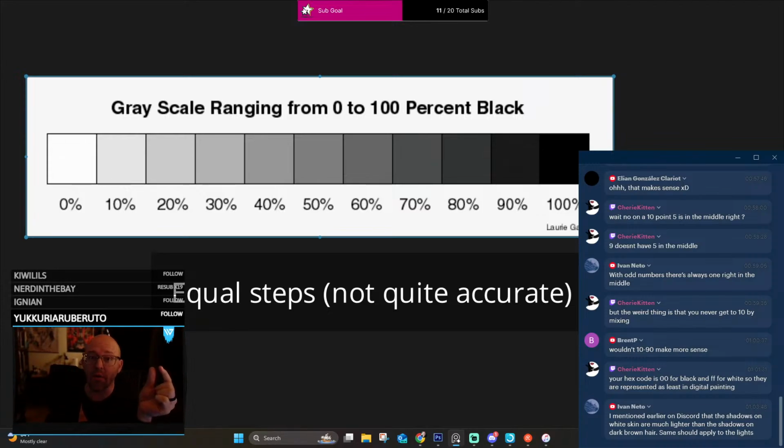It would be lighter, but not as light as your light source. There's no way. It's impossible unless you're at the sun and you're holding up a mirror and it's reflecting back the light source directly at you. Nothing will be brighter than the light source. Nothing. It could be close. If you have a reflective ball, if the ball is made out of a material that shines light, it could be close, but it still won't be. You might have a specular highlight that's as bright as the light source. But otherwise, you're going to have your full chroma of color and all that stuff around the 20 or 30.